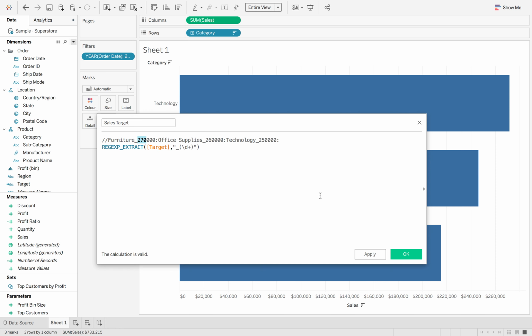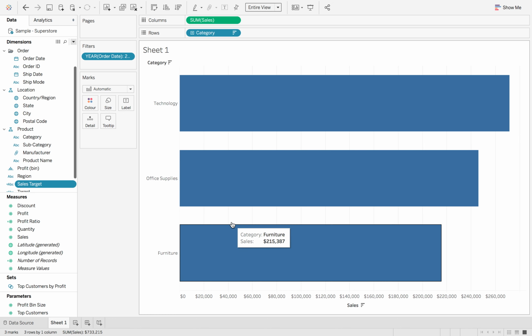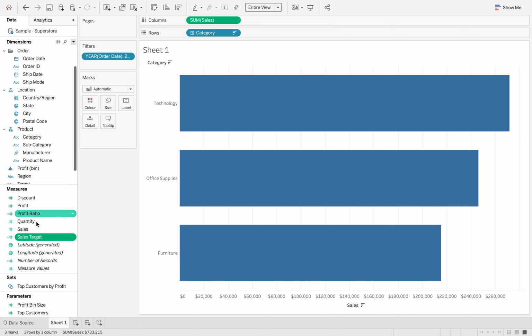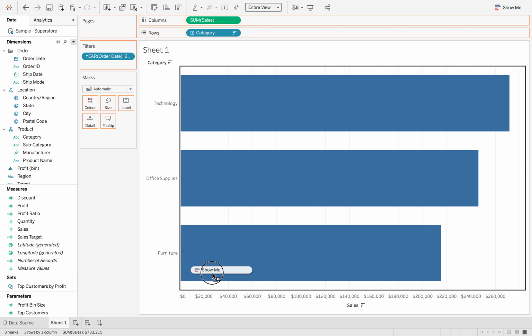So now we have this. The one thing that we do need to do is it should automatically pick up the category. So what we also need to do here is add in category, so then it knows which category it's trying to extract from this target. So if I hit OK, and we want to change this to a decimal and just move it down there, and then if I drag that on here,